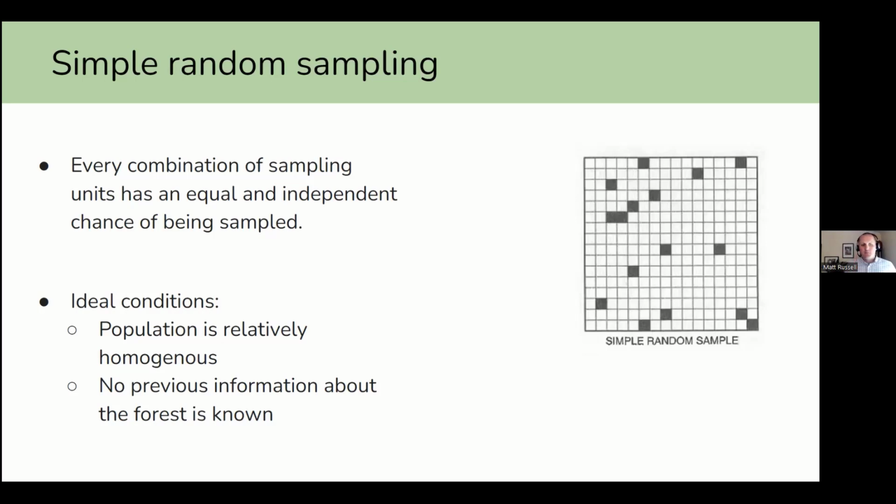If your population is very similar, and in the forestry context, that could be something like a plantation where you know you're working with one species of a similar age and a similar structure, simple random sampling works really well. It's also pretty good if you don't really have any other information about the forest. If you're coming into a new area, or perhaps a company or an organization you're working for recently acquired a new tract of land and you don't really know anything about that land, simple random sampling works really well. There's been a ton of statistical research done on this sampling design because it's so widely used.